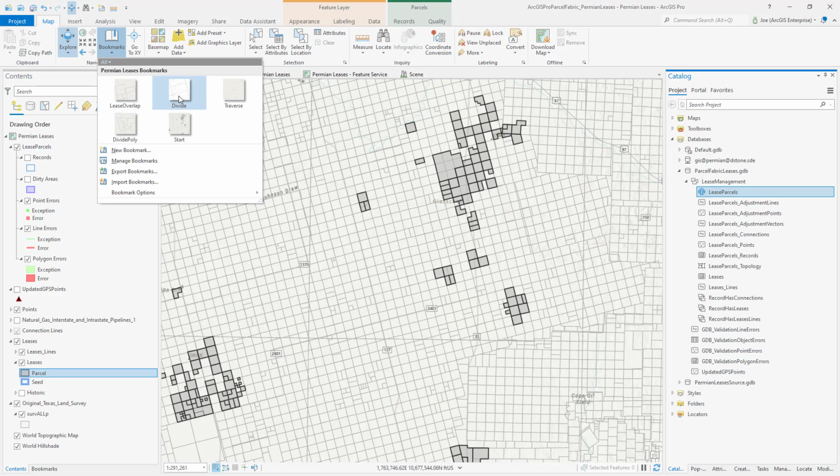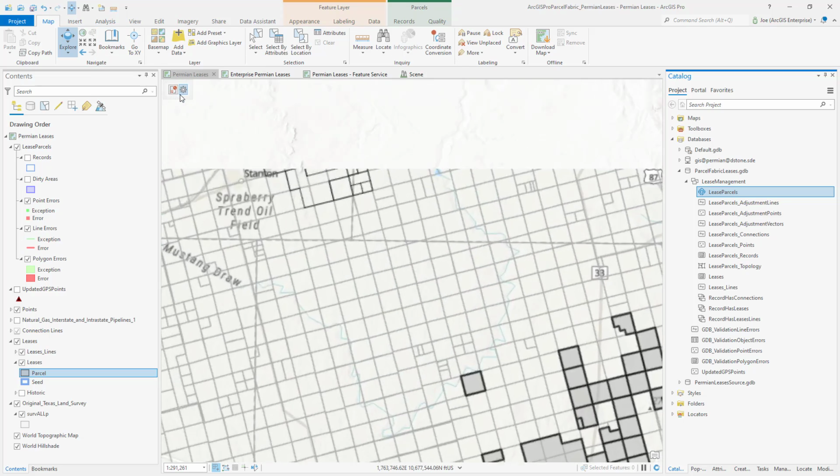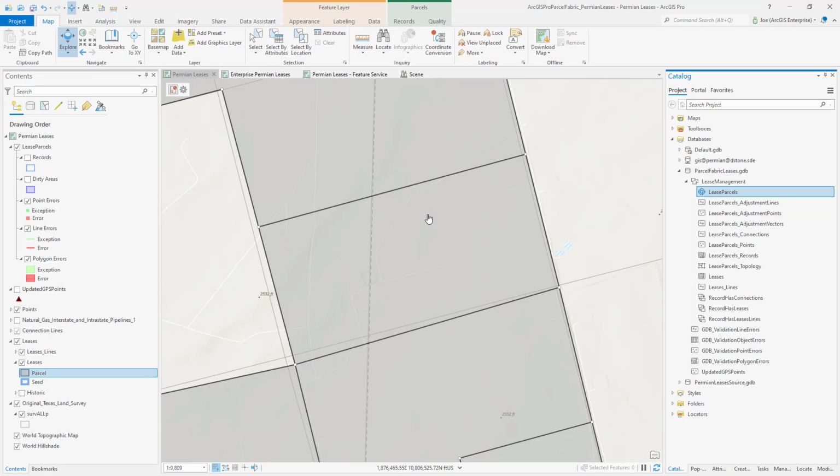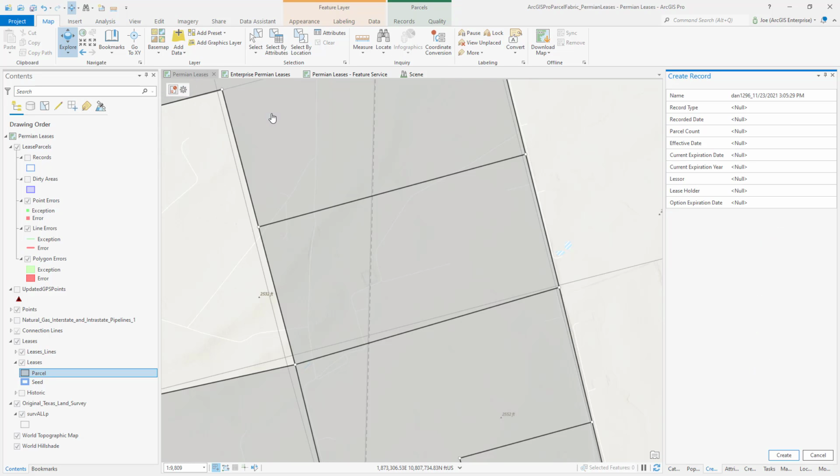We'll start off with something simple, like a divide. Here I have a lease polygon that I need to divide into 4. So the first thing I'm going to do is create a record. What is a record? Well, the ArcGIS Parcel Fabric has been designed to mimic the transactions that happen in real life. So when a piece of property is split, divided, merged, that is usually the result of some contractual transaction that takes place. Somebody is